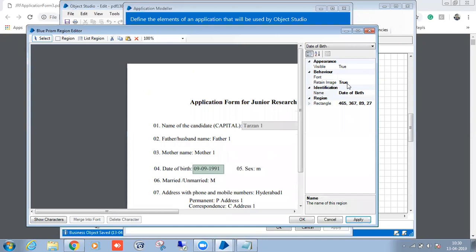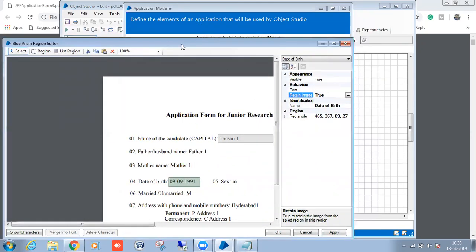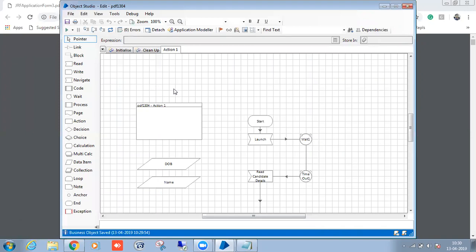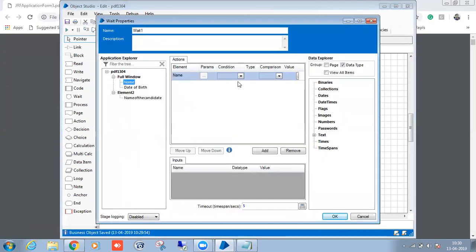Retain image has to be true. If that particular element's retain image is true, then only can we take that element as a dynamic variable. Normally, check exist will be there for every element.